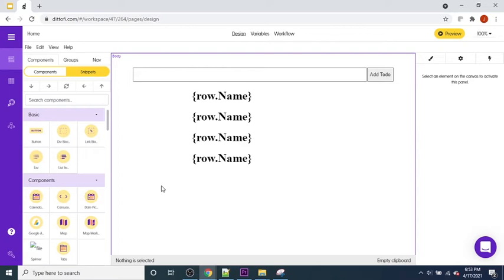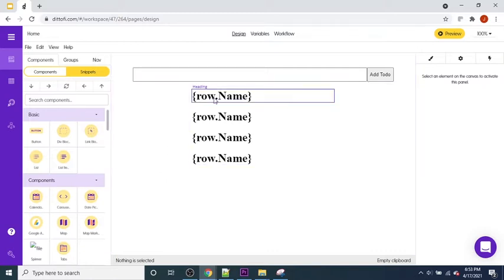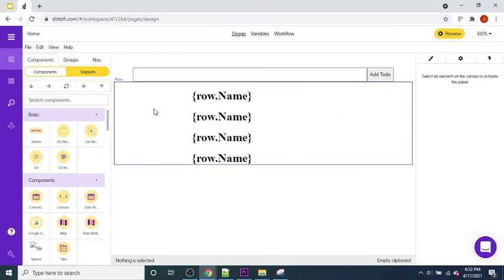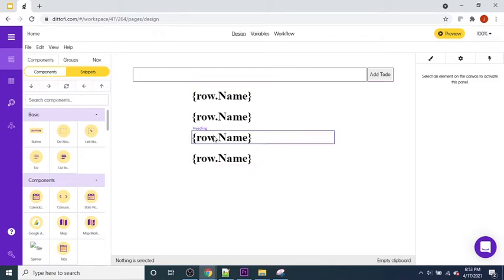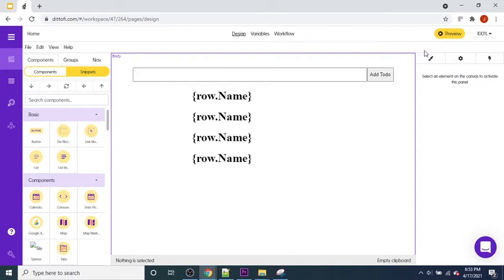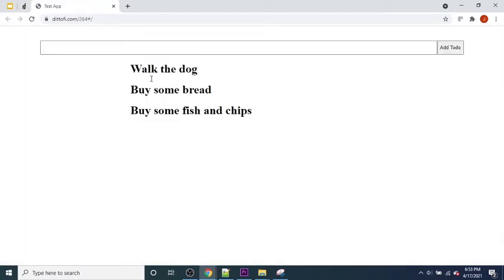Welcome back to the training on how to build a to-do app using the Dittofi Design Studio. In this tutorial, we're just going to clean up this page a little bit, and we're going to add the functionality to be able to delete a to-do that's added to our to-do list. So where we left things off last time is that if I preview this application,